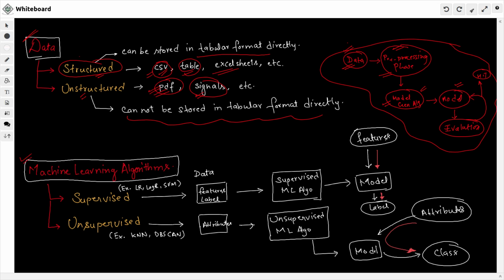Okay, so the first query that comes to mind is, what is a machine learning algorithm and how is it different from artificial intelligence? So there are a lot of terms, right? Artificial intelligence, machine learning. What is basically the difference between machine learning and AI? Okay, so if you have,